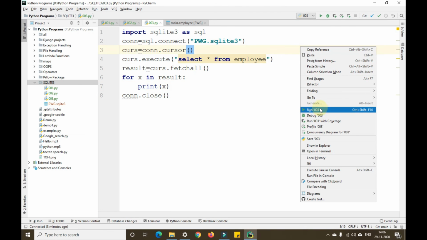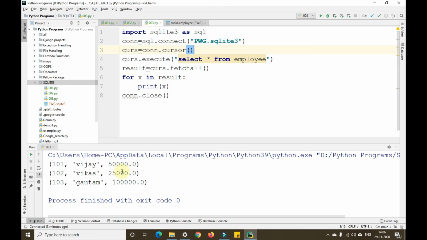So when I run this particular program, you can see all the output I'm getting here. In the same way, we can also fetch each and everything separately as well here. So how to fetch each and every line, that is the ID number separately, name separately, and salary separately.